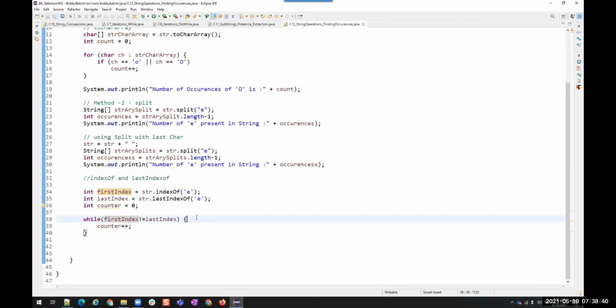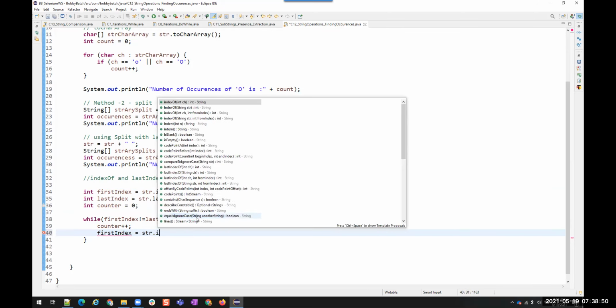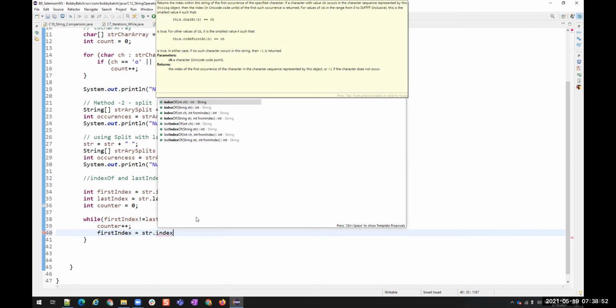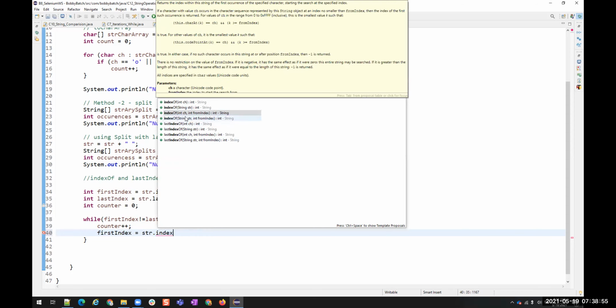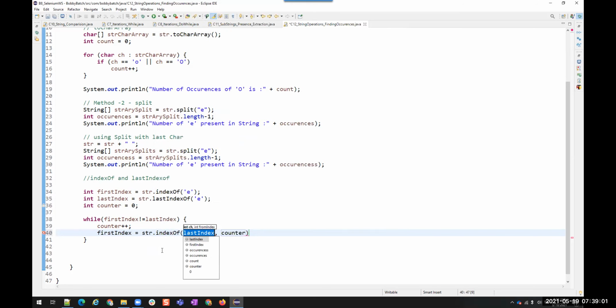So to update it, what I'm going to do is after increasing the count, I'm updating this value again. firstIndex is equals to str.indexOf. You see, we are having this indexOf position, right? Two parameters.